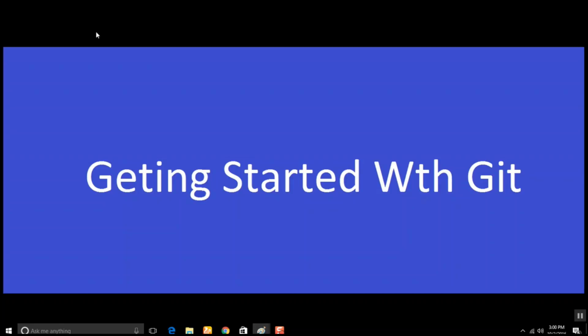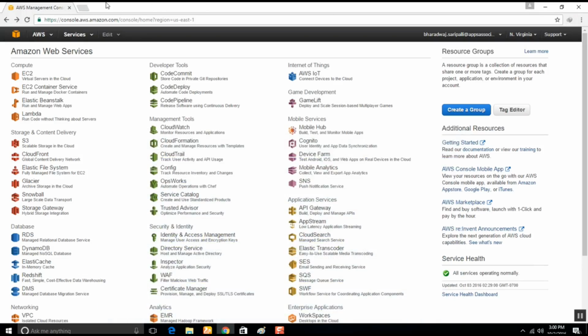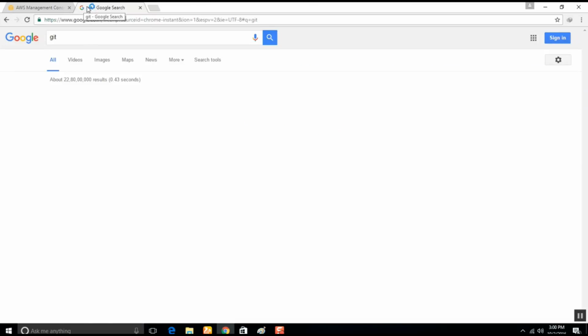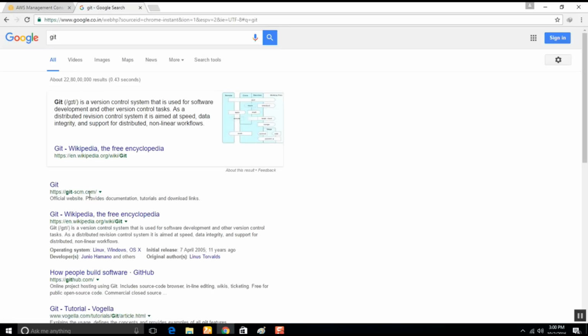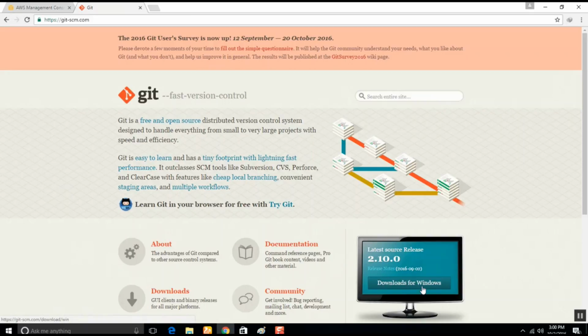So let's get started and install Git locally on a PC. First, go to git-scm.com. I'm currently on Windows, so I'm downloading it for Windows.